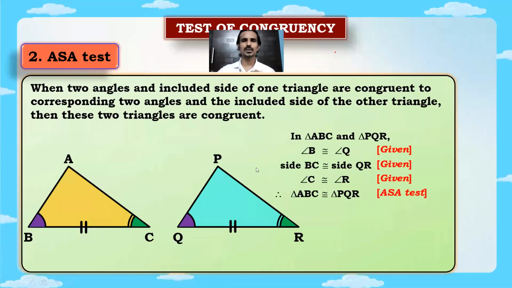All right. So see, this is how we have to write this. Now Nishant already told me the angles like angle ABC, but I have just taken single letter angle B. That is allowed. Okay, you can either just say B equal to Q or ABC equal to PQR. So that's how the test works. So in any question where you have to check the test, you have to always focus on the figures. From the figure you will get the whole information. You just see the figures, which parts are equal, just write them properly. Okay. So remember, it is side angle. Two sides and included angle should be there. Sorry, two angles and included side should be there.